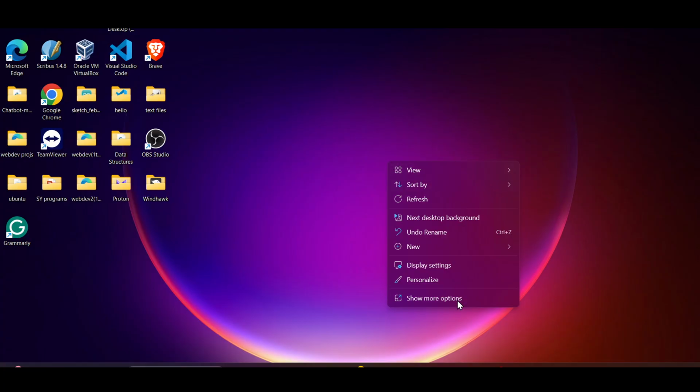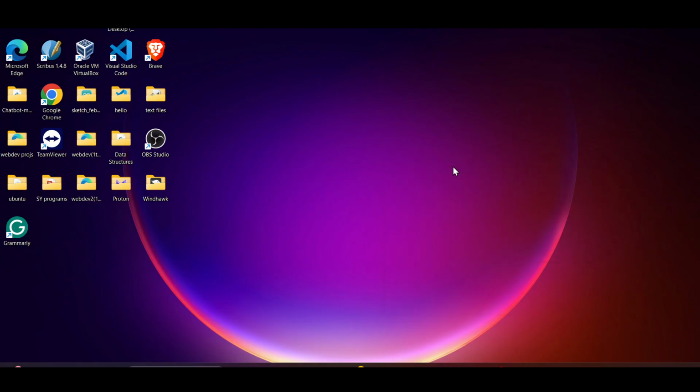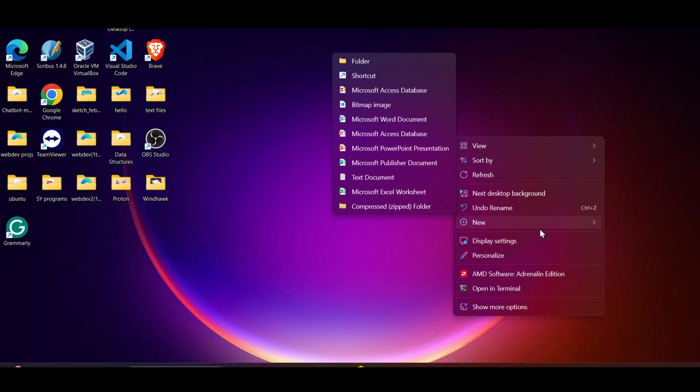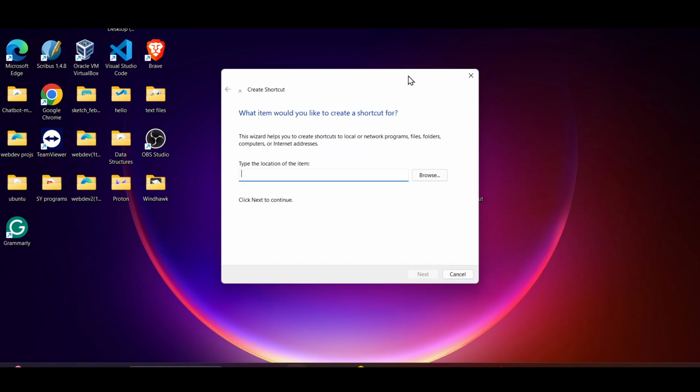After right clicking, you will open this type of menu, and from here click on new, or you can just simply hover to new. After hovering here, you will see the option of shortcut. Click on this, and after that type in